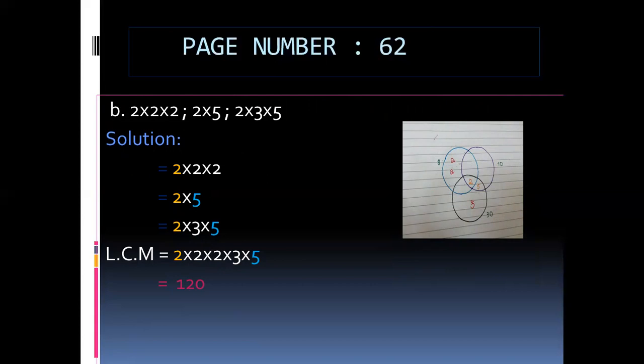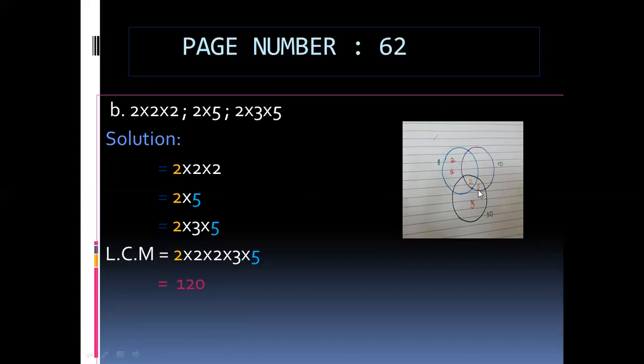And again there are 3 sets of prime factors and I told you, if we are finding the LCM of 2, 3 or more than 3 numbers, what will we see? We see the number common in all the numbers, and any number common in 2 of them. 2 is common in all these numbers, so I write 2 where the 3 circles have the common portion, and then 5 is common in the second set and in the third set of the prime factors. So I write 5 where the second and the third circles overlap.